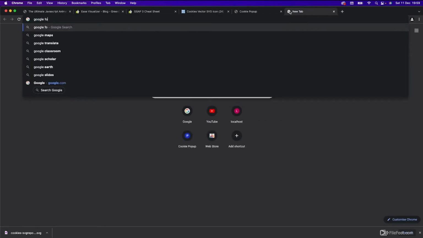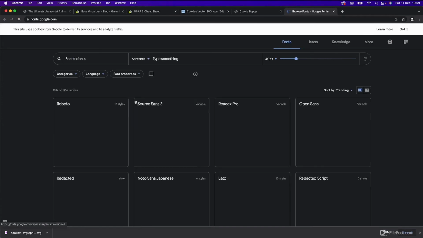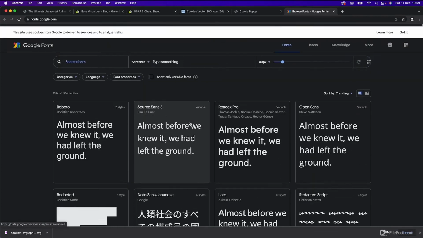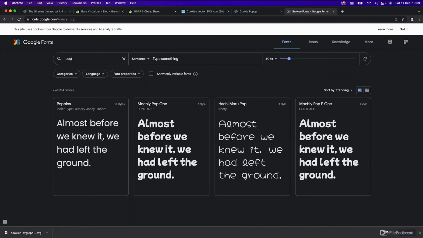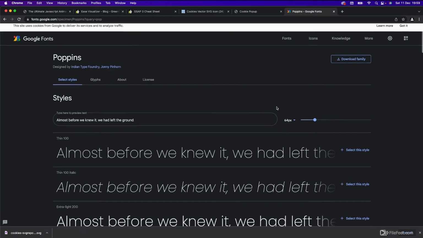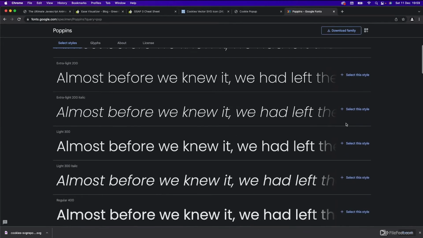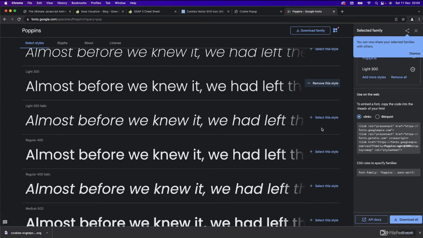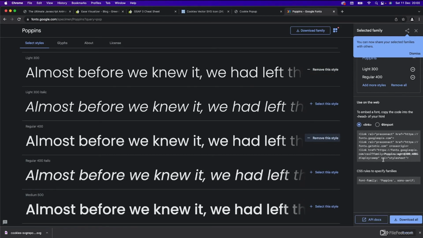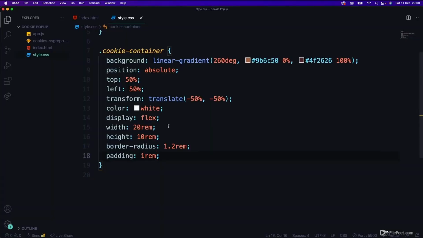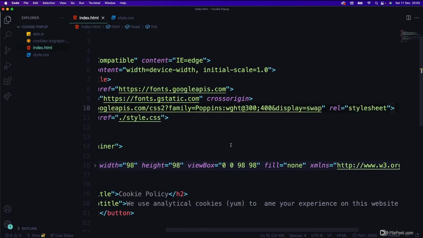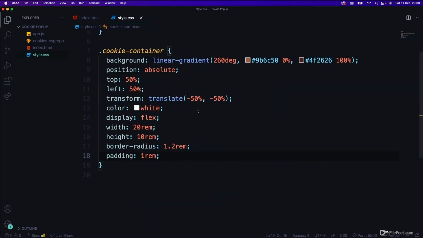So Google Fonts, go in here, just search up Poppins, or it's probably one of the first ones here. We'll search it. We're lazy. Poppins. Here we go. Click on this. We'll select a light one. And we'll select a regular one. There we go. So what we need to do is just copy this link here. Copy. Bring it back into our index.html, paste it here right below the title, hit save,